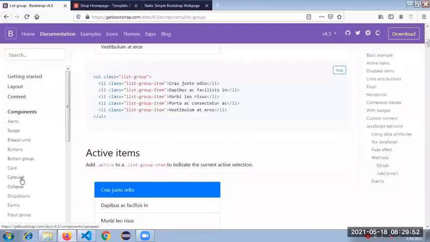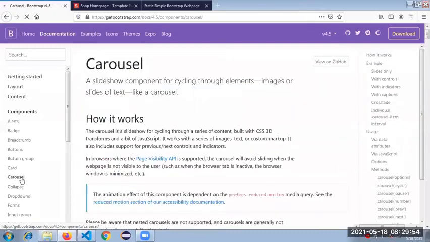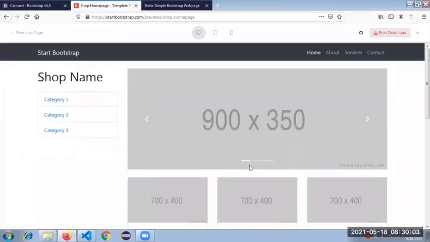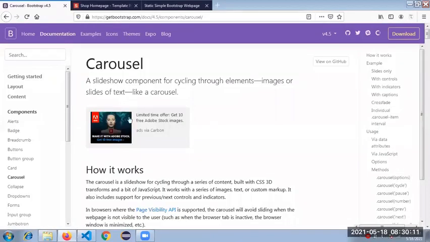Yeah, this one. I'm clicking here. We have more items, but we need something like these three bars down below the slider.